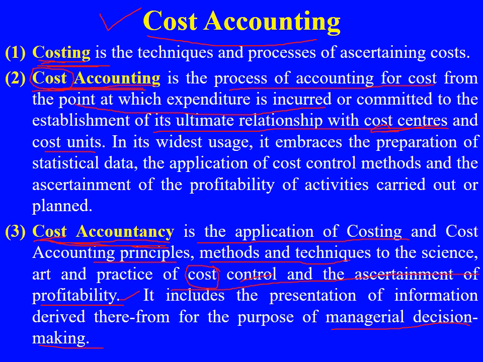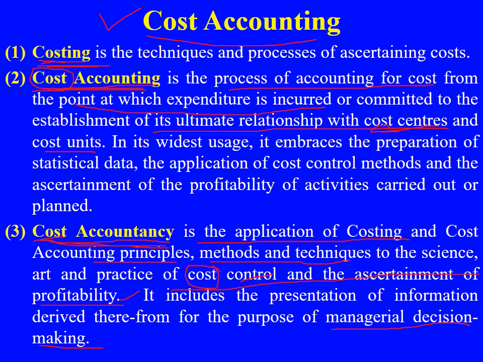Moving to cost accounting. Before understanding what cost accounting is, you should know what costing is. Then you can concentrate on cost accounting. Then we move to cost accountancy. So costing, as the name itself indicates, is just a process of identifying or determining the cost. Costing is a method by which a company determines the cost. Say a company is manufacturing a toy. How much cost has the company incurred in manufacturing that toy? That is what we say as costing. Here a company ascertains the cost of goods or of services.